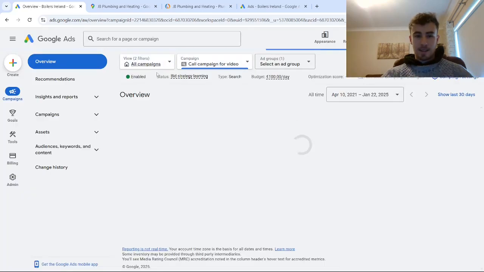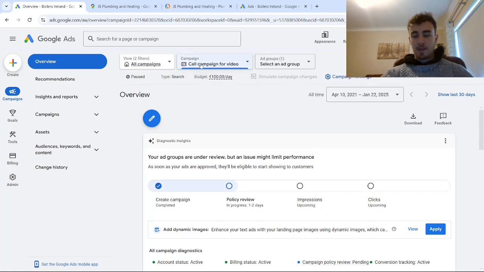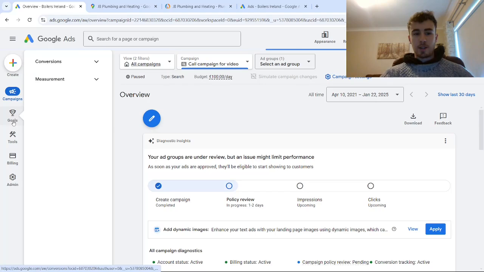And as soon as this campaign is published, we want to pause it straight away because we haven't finished setting up the rest of our ads and ad groups and extensions just yet. So we have the campaign paused. And what we want to start doing then is adding in the rest of our keywords and ads and ad groups. But before we do that, just to save you a lot of time,